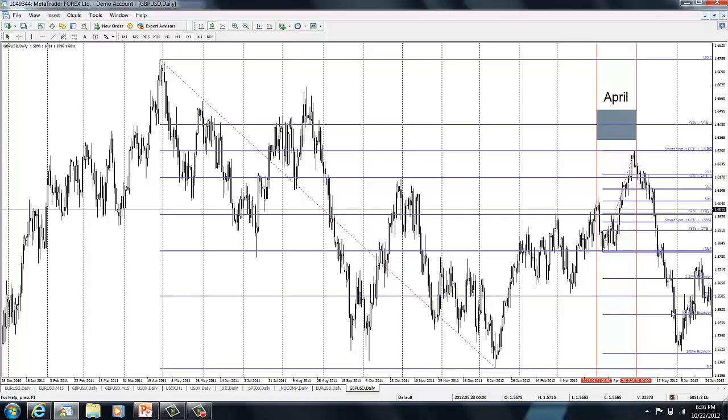And if it gets down to 162, take half of it there off, and have the remaining 25% reach for the 200, and then shove your stop just above the 162 extension. Okay, but there's a lot of different ways, and I'm trying not to give you a very clear black and white way of doing it, because I want you to have some input on your own. There's a lot of freestyling you can do with these using the analysis concepts.